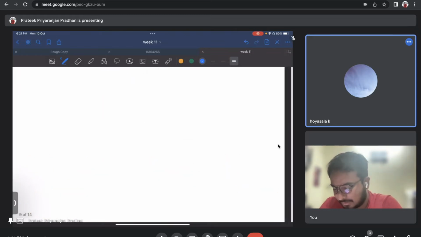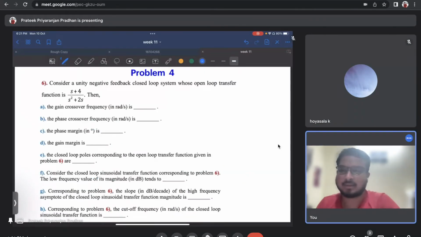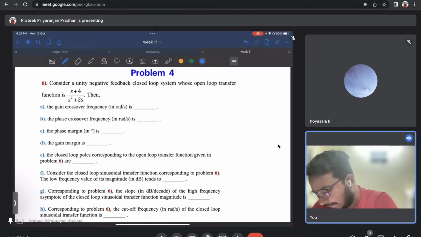So actually, the next question will brief about all the concepts in the frequency domain, like Nyquist and Bode. Even if you are catching up, I would request you to participate and interact a little bit if you know the answers. I will be asking very simple questions also sometimes. So the question number 4 says